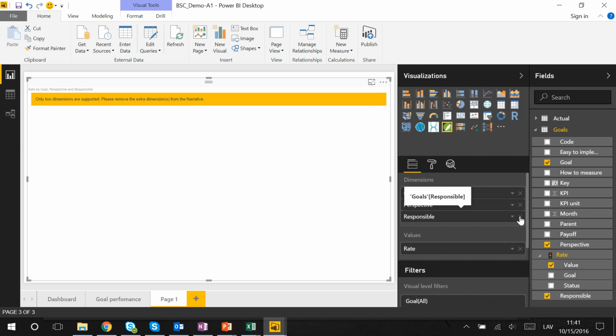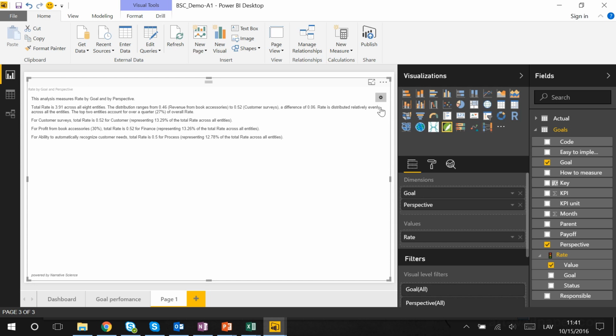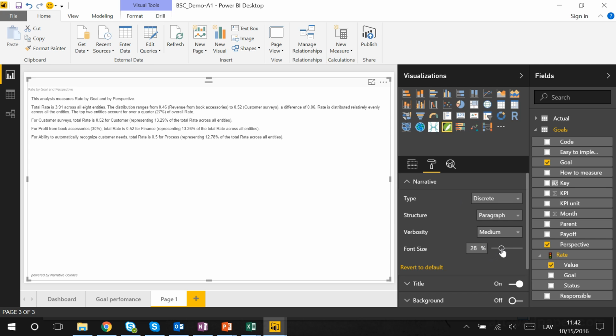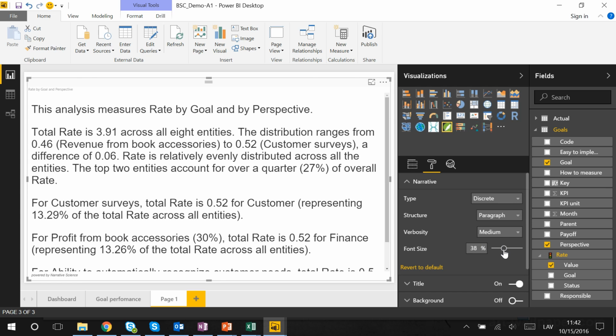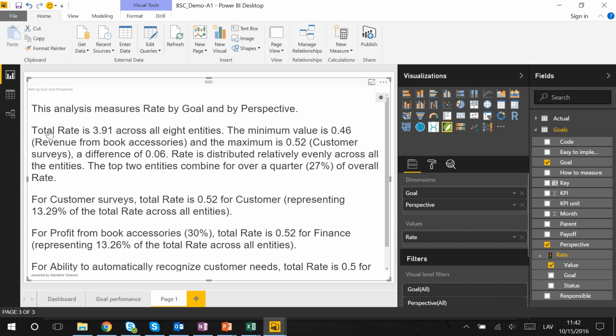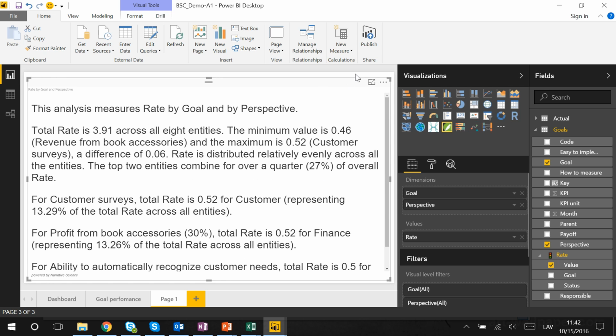Yeah, a little bit goals, entity. Okay, and it actually generates for us a text, an explanation text of what is happening in our data. So, identities and a value of 46% from book accessories and maximum customer surveys, and it actually generates a good story